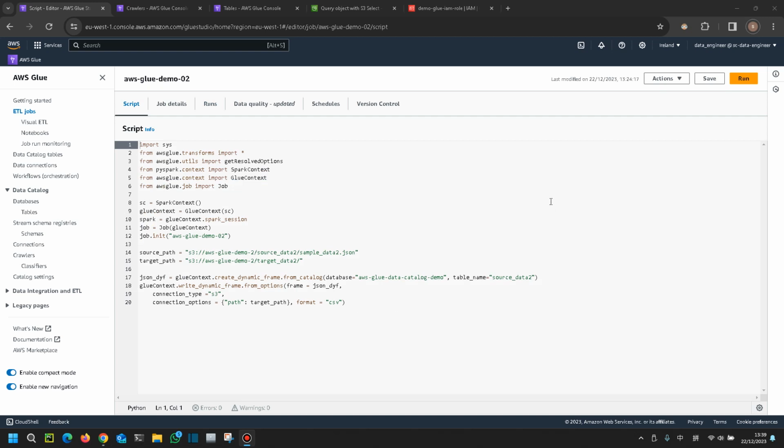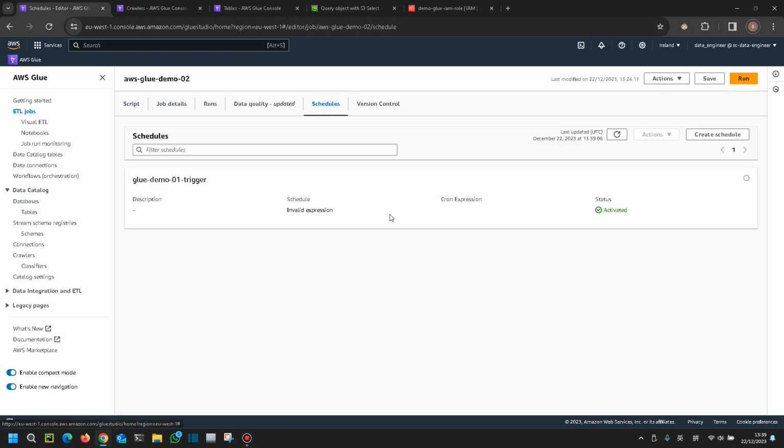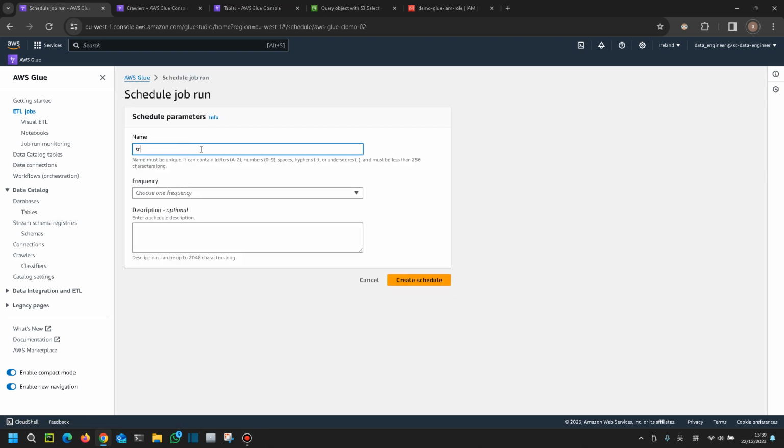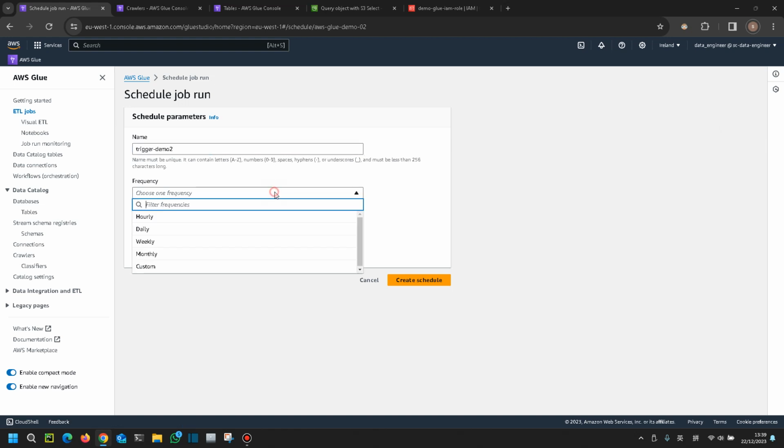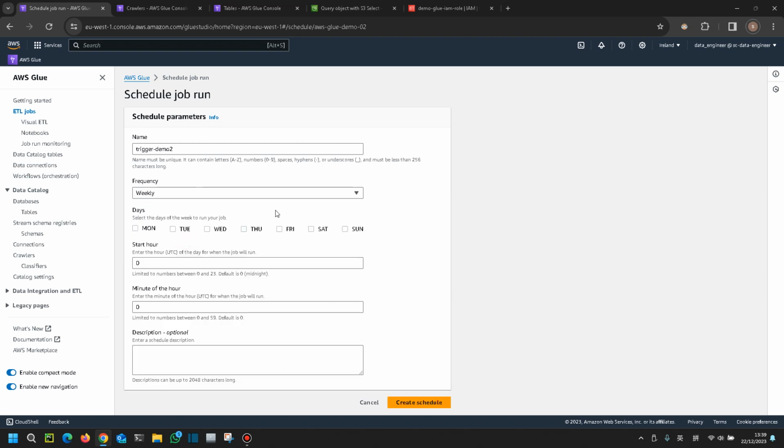So now let's have a look at the scheduling part of Glue jobs. You can see here you have the schedule section where you can create a trigger. For example, you can create a trigger named trigger demo 2, and then you can select how frequently this trigger will trigger the job to execute. For example, if I choose weekly, I can select which particular day to start, for example Monday,